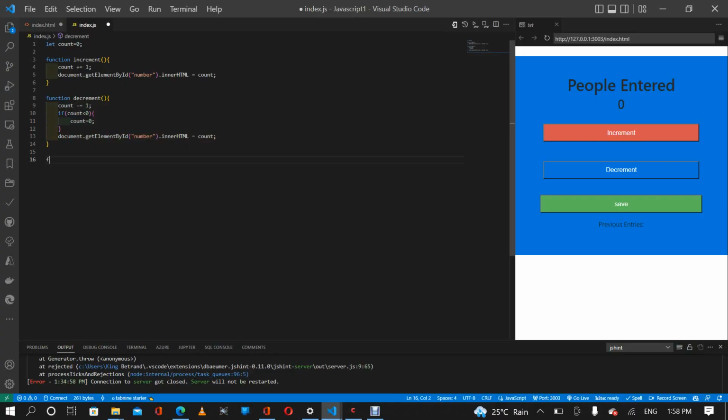So we'll say function save. Now what does this function do? This function takes the value of count and appends it to the previous entry. So we will do